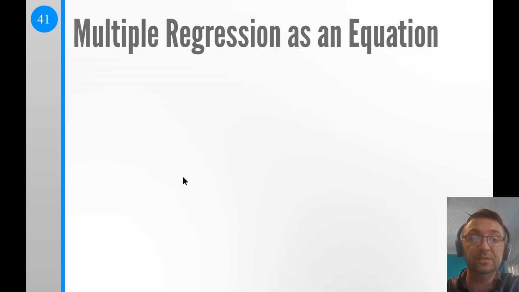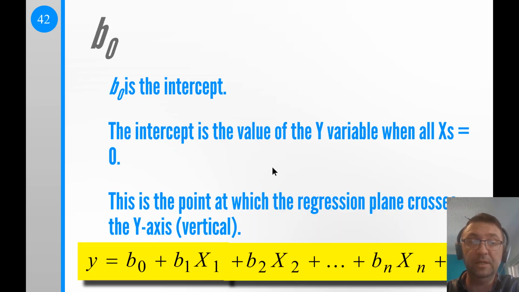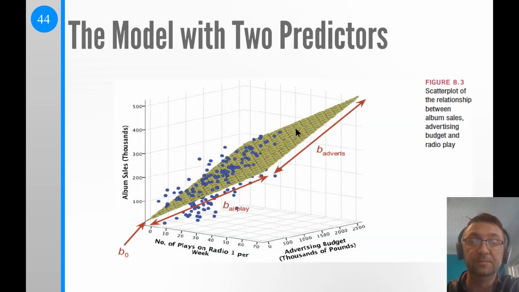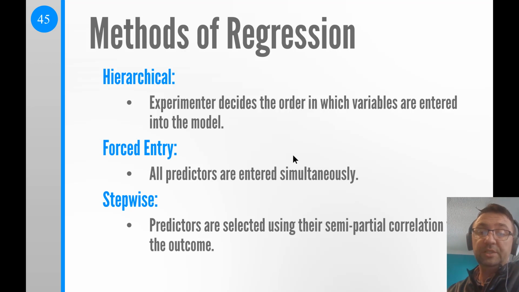Okay, so multiple regression as an equation. We just expand the equation, so we just add in more and more predictors, basically. The B0 is still the same, but then we have the B1 and B2, etc. Bn is the slope of the relationship between each of these other variables and the outcome. This actually doesn't make it any easier, but let's just look at a model and it will make sense. Okay, we've got to go through an example. Briefly, we're just going to talk about